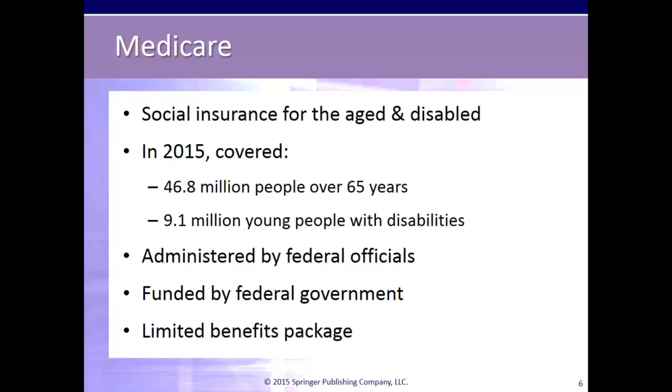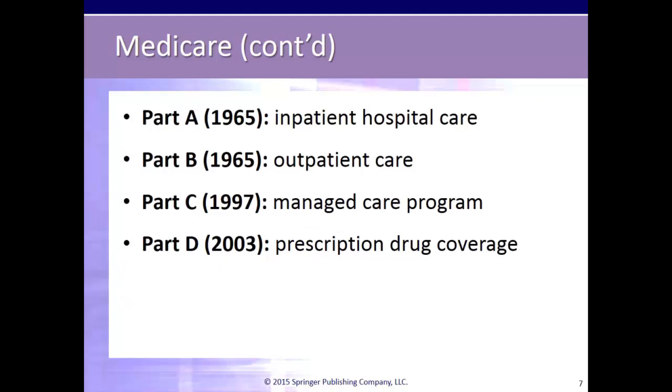Unlike Medicaid, which is administered by states, Medicare is administered and funded by the federal government. Medicare has a limited benefits package and also has substantial copays and deductibles. There are 4 parts to Medicare. Part A, also known as the Hospital Insurance Program, covers inpatient hospital services, limited skilled nursing facility services, home health, and hospice. Part A is funded by a tax of 2.9% on earnings paid by employers and workers, 1.45% each. The Affordable Care Act increased the Medicare Part A payroll tax for high-income taxpayers.